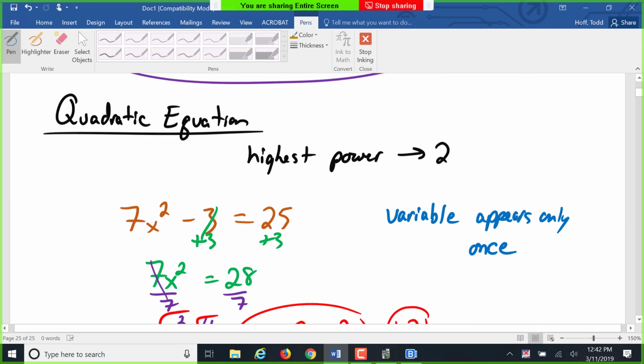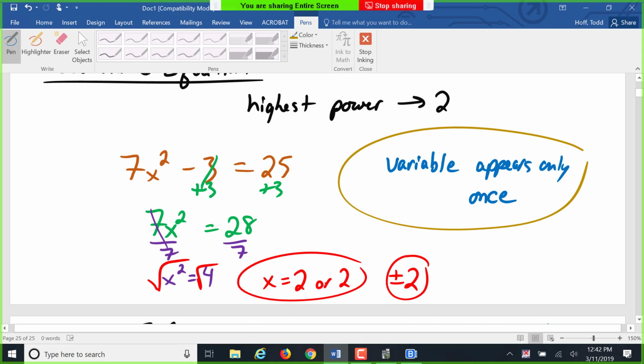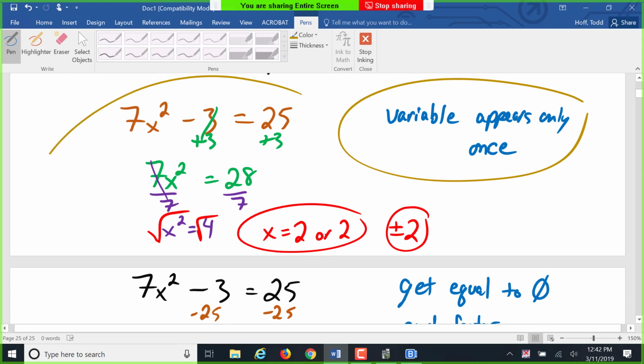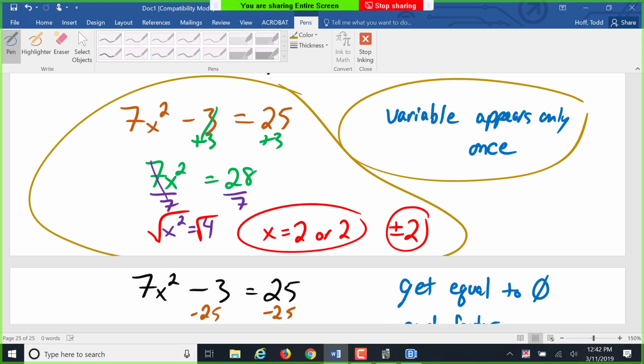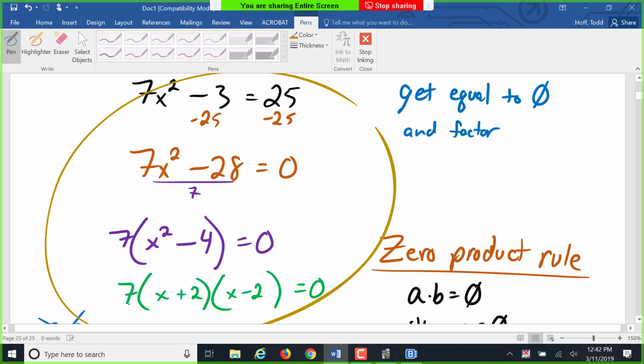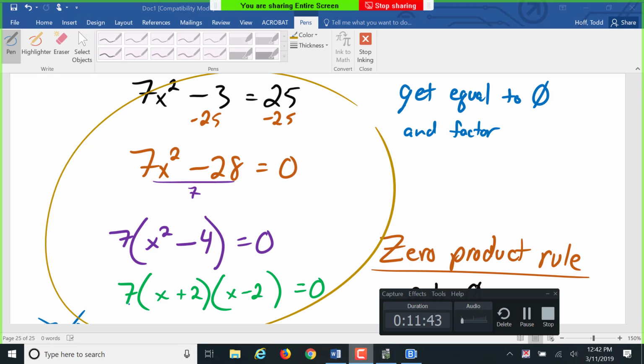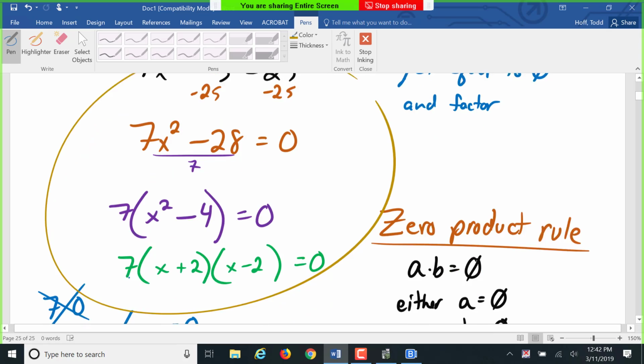In a simple case like this where the variable appears only once, it just has that squared on it, I think it's much simpler to just go ahead and solve it like we would any other equation. Look at how it was built, how it was put together, and then take it apart. This process we did down here is longer in this case, but there are many equations we run into where it's going to be our only possible method of solution. For example,